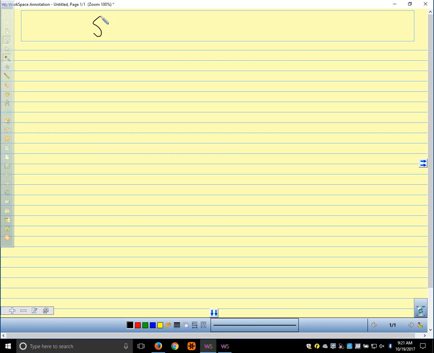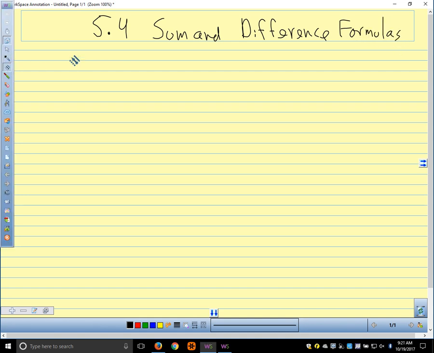All right, so section 5.4. We're going to talk about sum and difference formulas. So we've done some homework problems over the course of, we did some in chapter 4. We've done some in this chapter where we saw, and I'm going to write this in red just to make it stand out a little more,